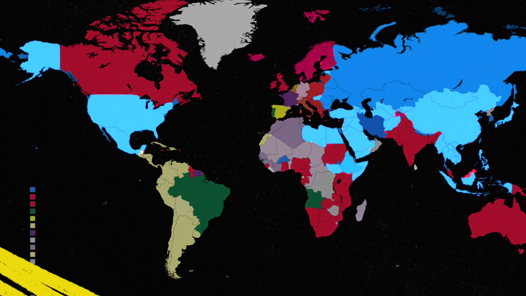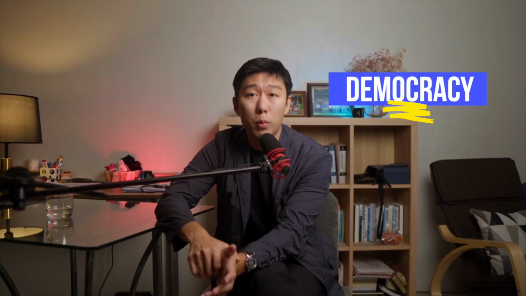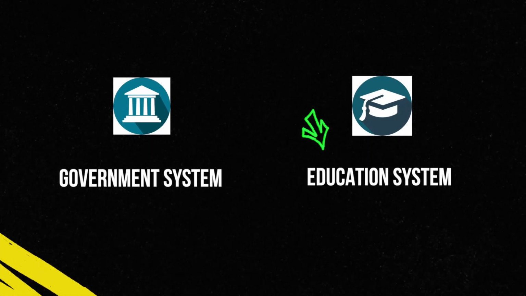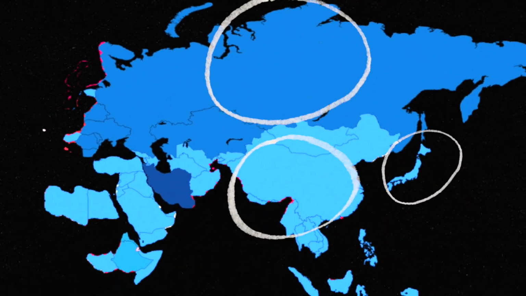If you see the countries in blue, many nations gained their independence and reformed their country's government only after World War II. Many have chosen democracy as their new form of government, but they needed a sample model to follow. So they naturally followed the leading country in democracy, the United States of America. But the model house not only gave them a map to a new government system, but also the new education system. Even some countries who are not allies of the US, like Japan and China, adopted the US education model into their countries. And many years have passed now, so different countries have altered and built on top of this system in their own ways, but they all still share the common roots.